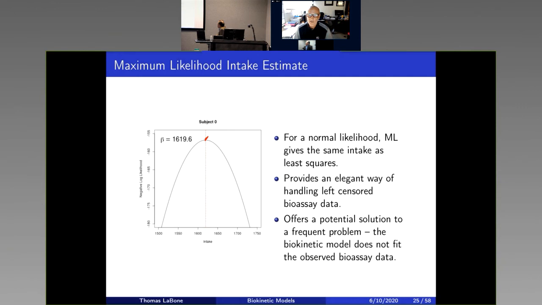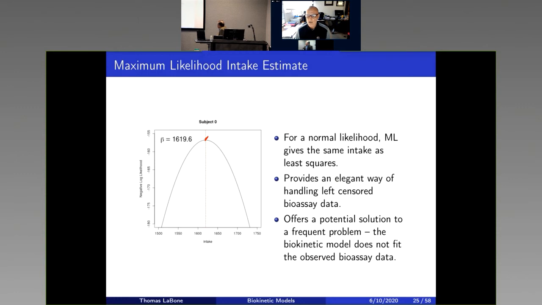Okay. And if you use a normal likelihood, it gives you exactly the same answers for intake as you'd have with least squares with normally distributed regression errors. The one advantage over least squares that's of practical significance to most people is that it provides an elegant way of handling left-censored bioassay data. This was incorporated into the IMBA software. I think it was one of the big selling points of it when it first came out, that it allowed you to deal with that. But it also offers a potential solution to a problem we frequently run into,